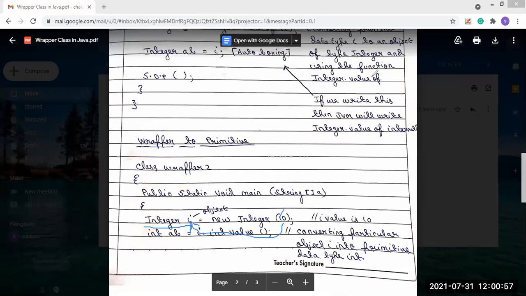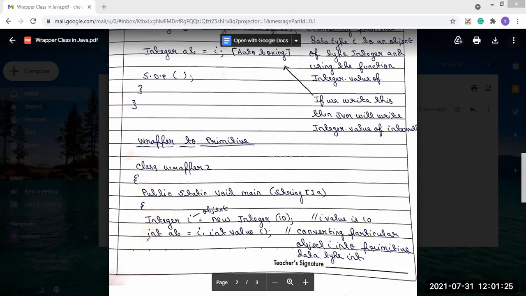Okay. Now let's say we are converting from the wrapper class object into the primitive type. We have created this object, and after that we use it explicitly.